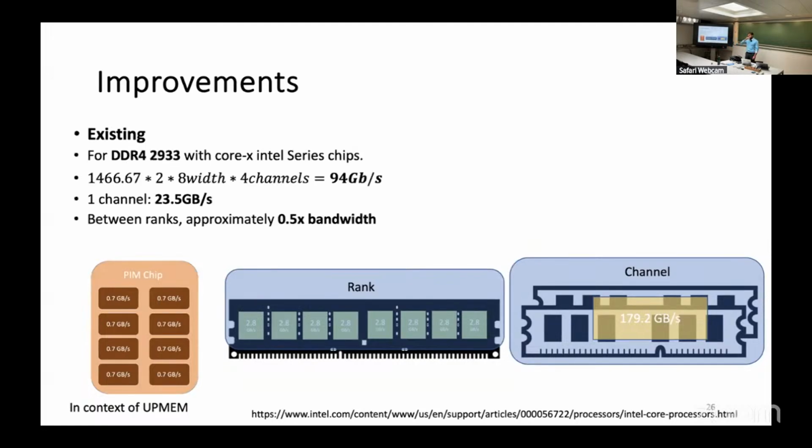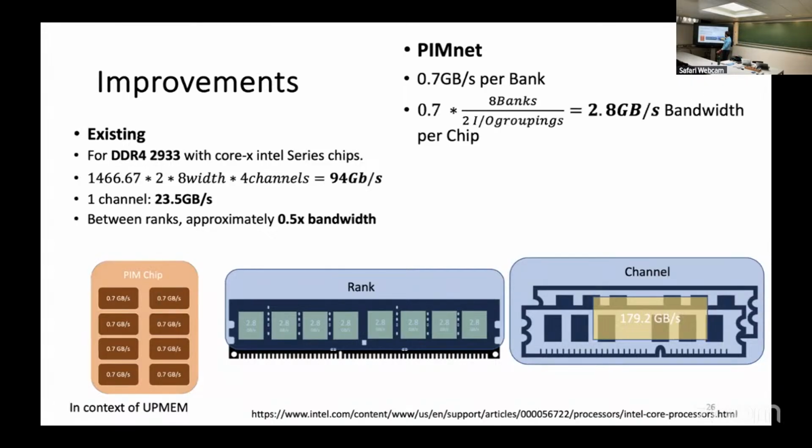So how does this improve? I'm going to take an existing example from the internet, which is just a simple DDR4 2933 Core X Intel series chip. It's got around 94 gigabytes per second of data bandwidth within the entire host, and per channel is going to be around 23.5 gigabytes per second. And then I'm going to compare it now to PIMnet. So we're taking an estimate of around 0.7 gigabytes per second per bank of bandwidth. We're going to take that to the chip level, which is going to be 2.8 gigabytes per second, divided by 2 for the amount of banks,